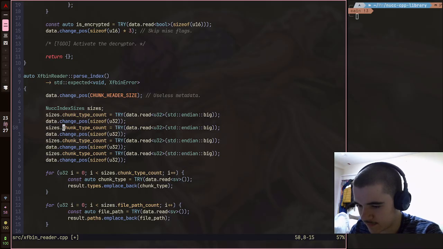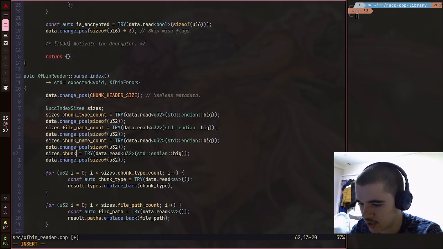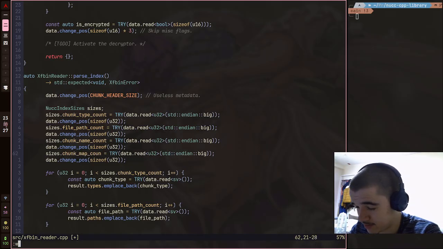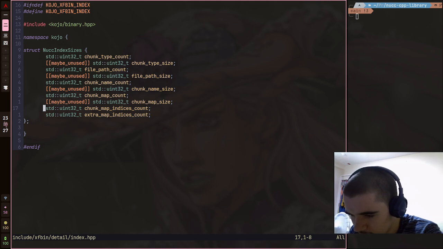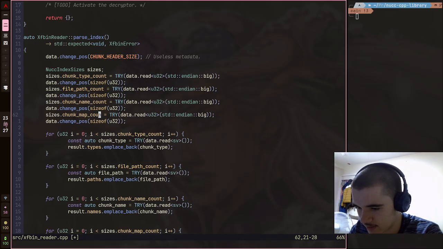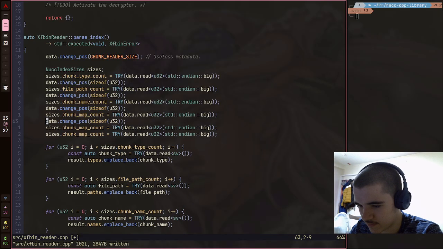So I got file path count, chunk name count, chunk map count. That's probably not correct. No, that is correct. Chunk map count, and then indices and extra map indices. Okay. And that's it actually. So chunk map indices and extra map